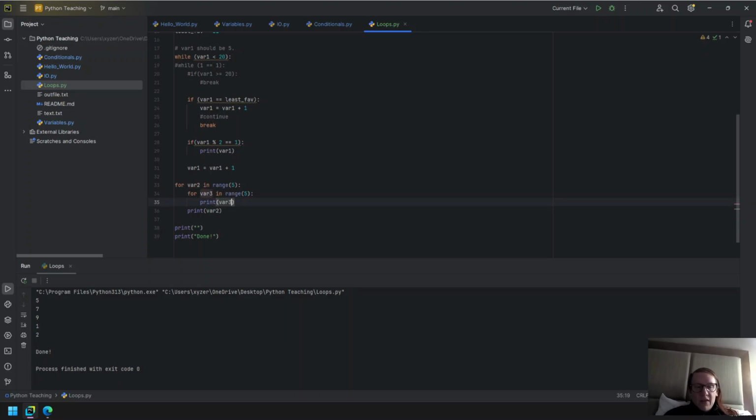Functionally, I have turned my number of print statements from 5 to 5 times 5. Every single time this first for loop runs through, it's going to restart this second one inside of it. So in doing that, I've just squared the number of things I have to print to the screen,